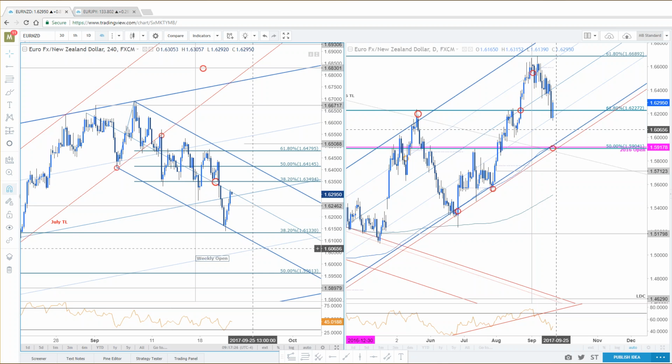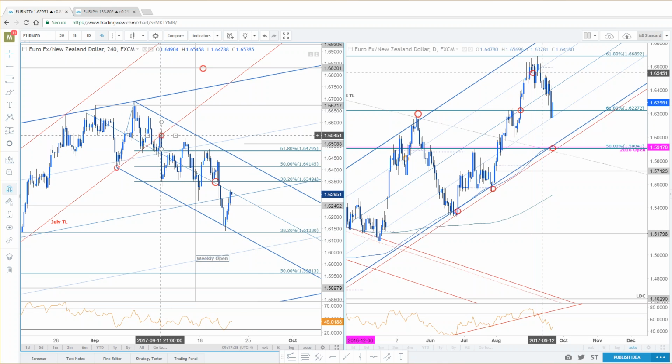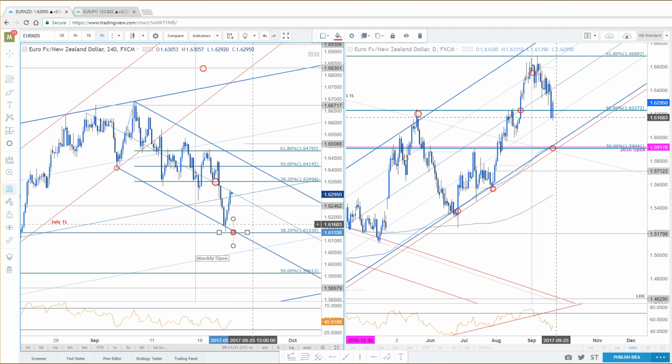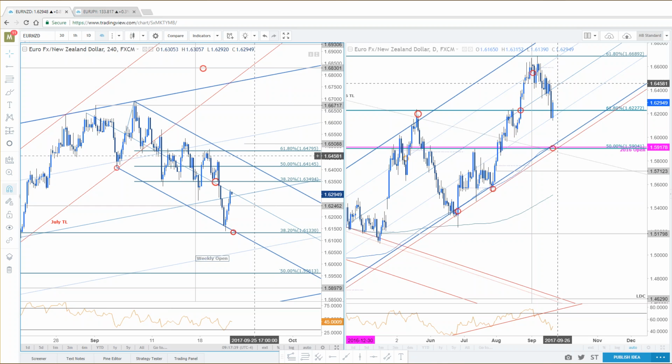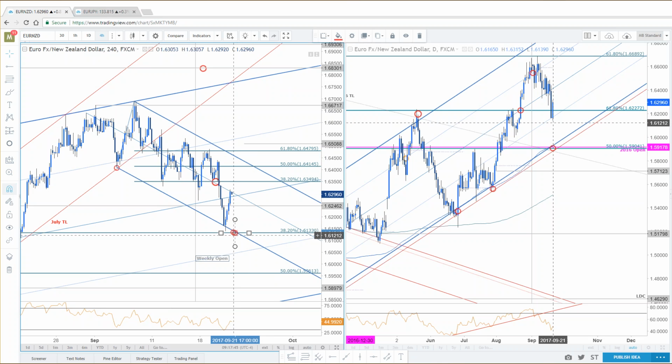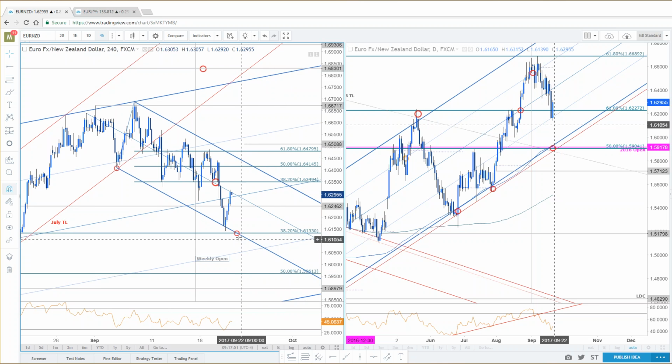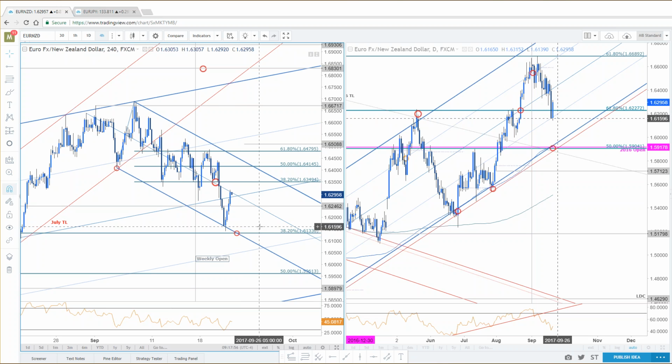Again, ultimately, the hesitation that you're hearing in my voice is because this was a target. So I don't know if that just completed it, and we should be looking for a little bit more of a dramatic recovery here if the Kiwi turns lower from here, or if we're going to finally make a drop into that zone we were actually looking for, which is just a tad lower. That's kind of my issue. Just like pound, the Brexit gap on the IFC data feed is just a little bit higher. Kind of missed by about 8 pips, I think. So do you still look for it, or is that it?